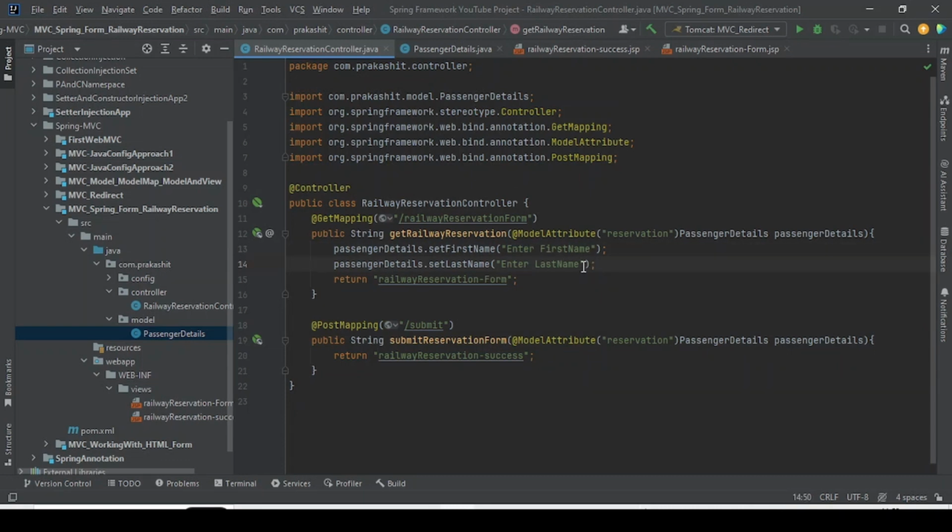So we are requesting the user to enter the first name and last name here as the default value. If the user has not submitted, this first name and last name will be shown. Just for that purpose, we are using the model attribute. If you don't use this model attribute name, then you will get some kind of exception. If you don't provide this reservation,